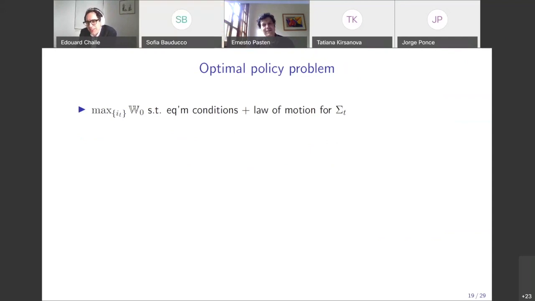The paper is under revision, and the editor is telling us date 0 is irrelevant. It's a pathological feature of the Ramsey problem that we have something at date 0 that is different from the past. So get rid of it. We're working towards getting rid of it, so I don't want to bother you with something that will not appear later in the paper. But if you want me to tell you what happens at date 0 in this not yet modified version, unless there is equal symmetric wealth at date 0, there will be a distribution of wealth at date 0, which we take to be the stationary, the ergodic distribution of wealth.